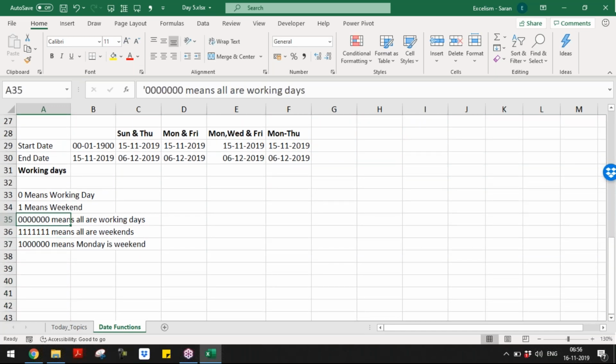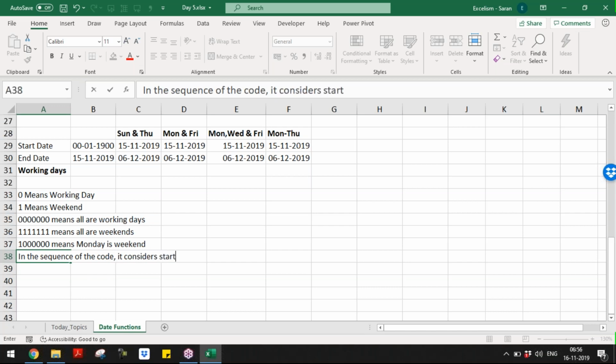In the sequence of the code, it considers the days starting from Monday till Sunday. Friends, don't confuse. This is a rule. We have not defined or customized this.